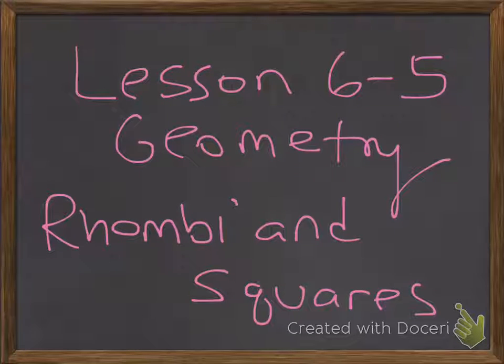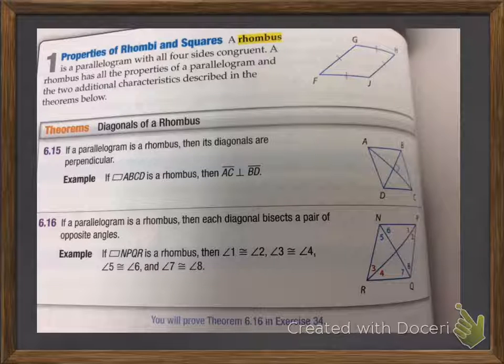Today we're looking at lesson 6.5 for geometry. This is on rhombi and squares. Rhombi is the plural of rhombus, so more than one rhombus. There are several theorems that are brought up in this